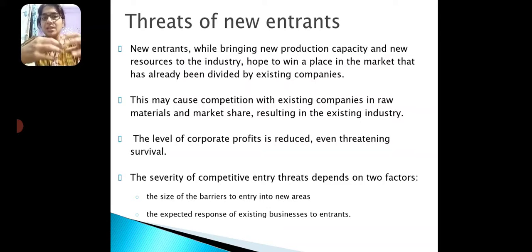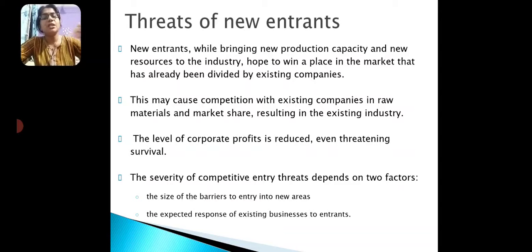Suppose an industry is such that new entrants can easily come, then that industry will have all these vulnerabilities. If you are a player in that industry, you always face the threat of higher competition, reduction in prices, and more supply in the market, so consumers would demand lesser prices. Or the industry may be such that there is no threat of new entrants,